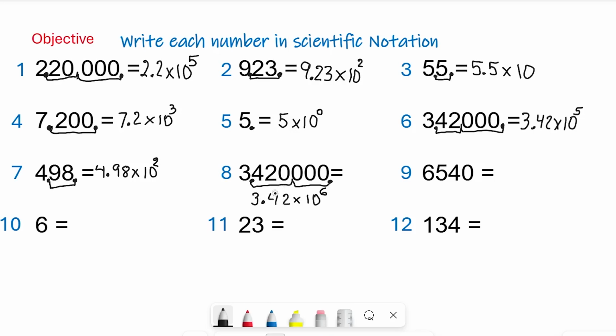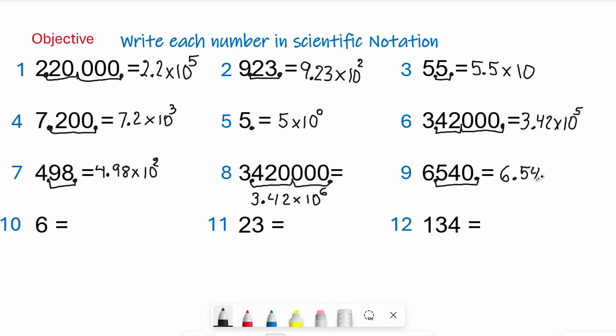All right. The next one, that would be number 9. One more time. We don't see the decimal point. The decimal point should be always at the end. And now I have to move this decimal point so that one whole number should be in front of it. So that'll be the place where I have to move the decimal point. And now to write it in scientific notation, I'm moving the decimal point 3 units back. Okay. So the answer should be